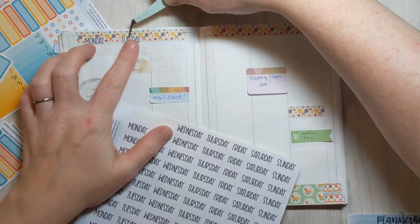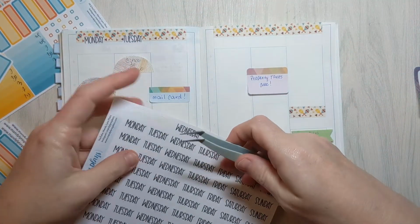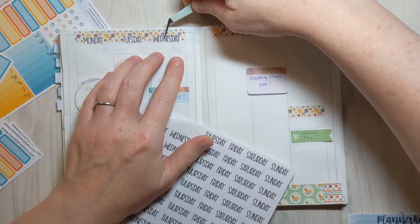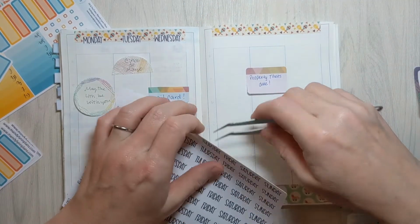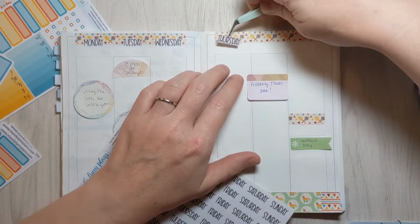This is such a kind of out there, bright, happy, exciting design that I thought I would go with the slightly bigger fonts. Normally I'm a little bit more of a minimalist, but this is such a bright and summery, and partly it's